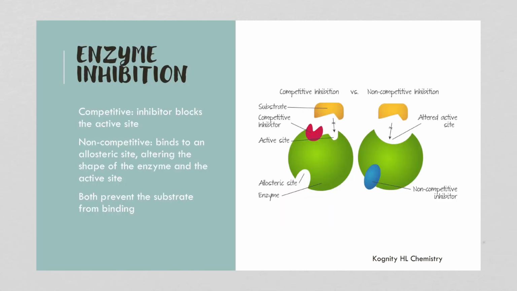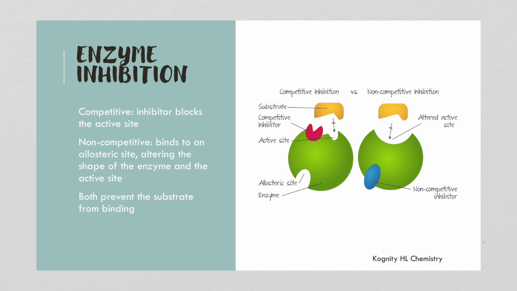Again, in biology, we learned about enzyme inhibition, and there's two different forms. So in competitive enzyme inhibition, the inhibitor blocks the active site. So now the substrate can't bind because the spot is blocked. And then non-competitive inhibition is when there's an inhibitor that binds at an allosteric site, a site that's not the